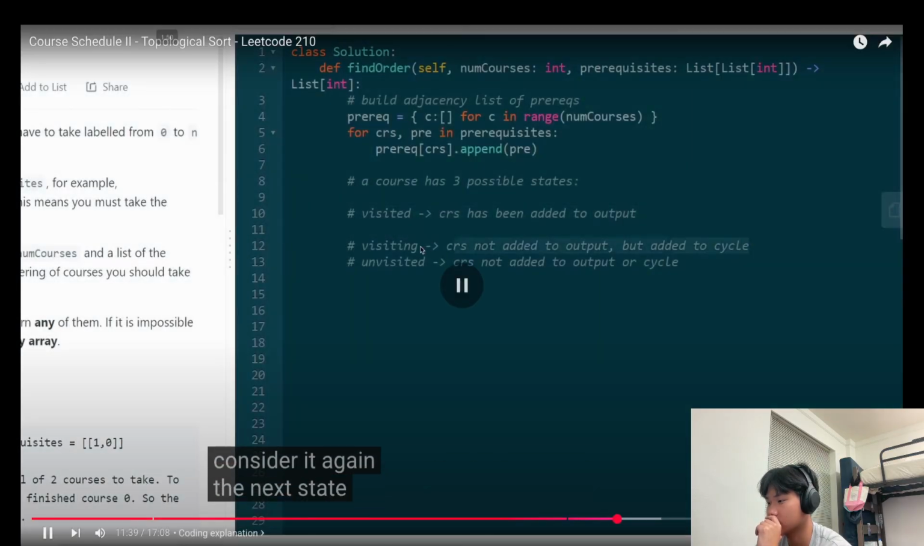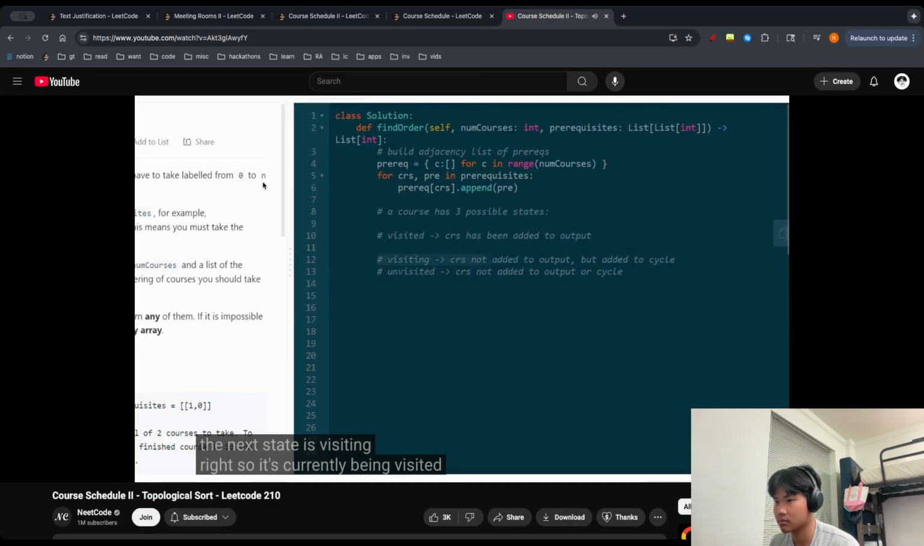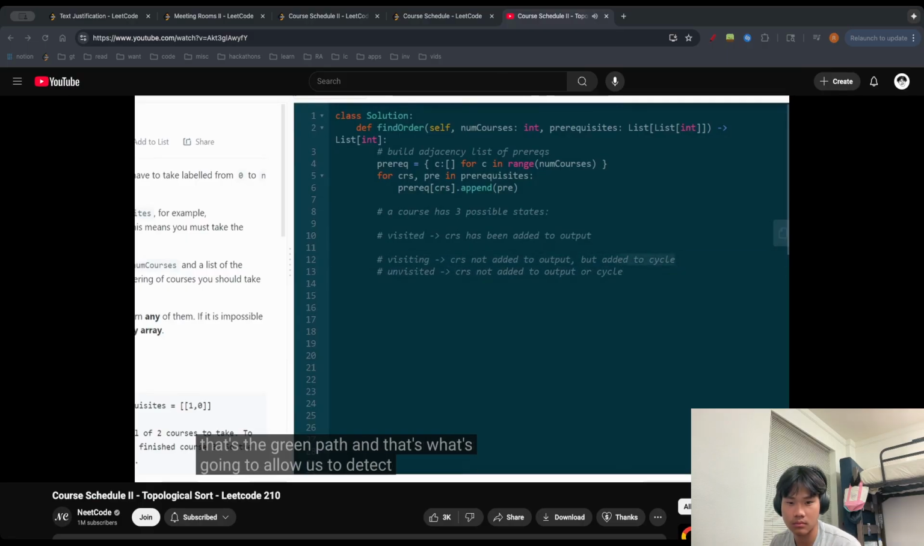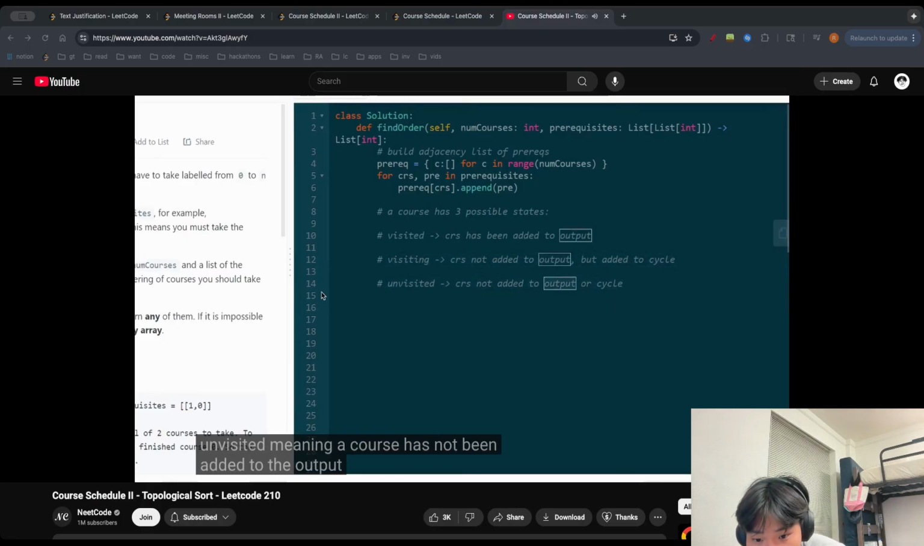The next state is visiting, right? So it's currently being visited. That's the green path, and that's what's going to allow us to detect if we have a cycle. And the last is unvisited, meaning a course has not been added to the output and it's not currently along